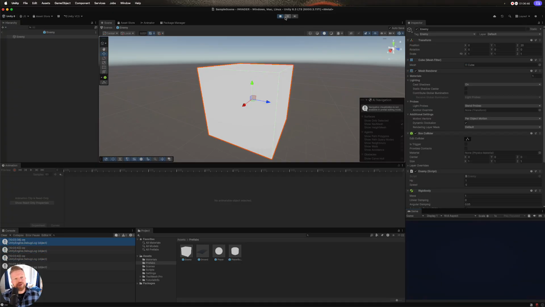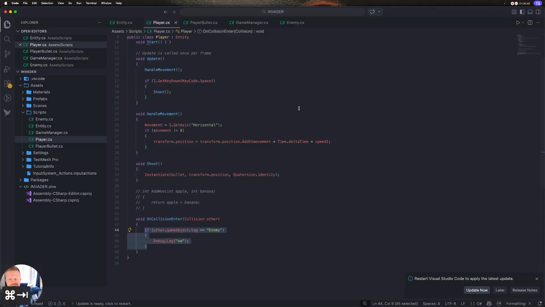So fine, you win, Unity. We'll do it your way. No, it's fine. And again, it seems inconsistent because I did not change the movement, right? We're still using transform-based movement, so who knows? But anyway, hopefully you skipped that big chunk of me being like, why is it not doing what I want? This always happens with 3D colliders, man. Okay, anyway. So instead of just saying ow, we want to say